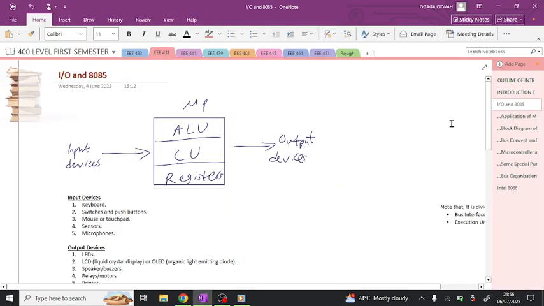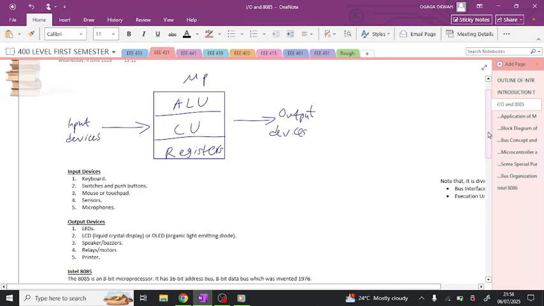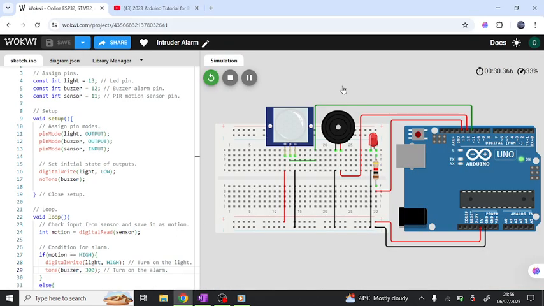Now imagine we are asked to design this thing we have here. It's actually an intruder alarm. Yes, I know the name sounds fancy. If someone is an intruder, the alarm will turn on, and then the light will turn on also. So how do we design this? First thing